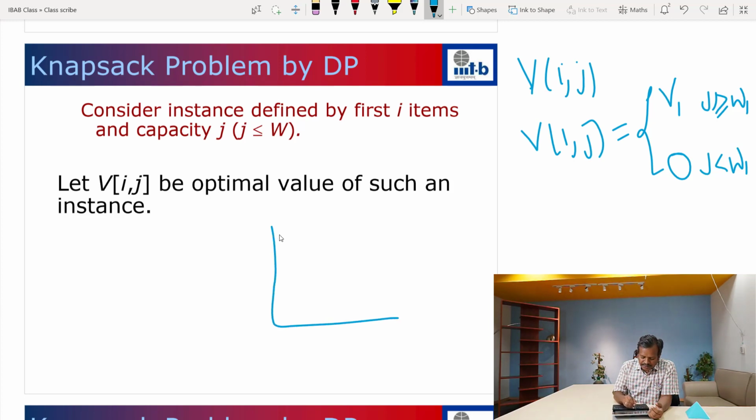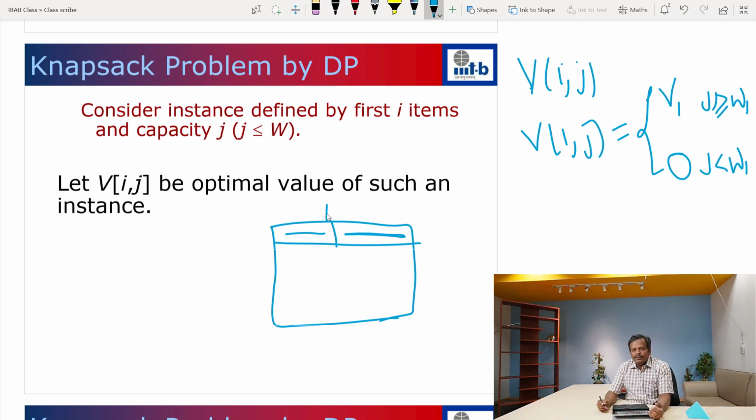So, what we are going to do is fill the table here. We know how to fill the first column. Till a certain stage it is going to be 0. After that I can make a profit of V of 1. So, this point is basically our W1. If you give me a size of the knapsack which is smaller than the size of the first item, then I cannot pick that item. In that case, the value will be 0. But if you give me a knapsack whose weight is greater than the weight of the first item, I will pick this first item into the knapsack.